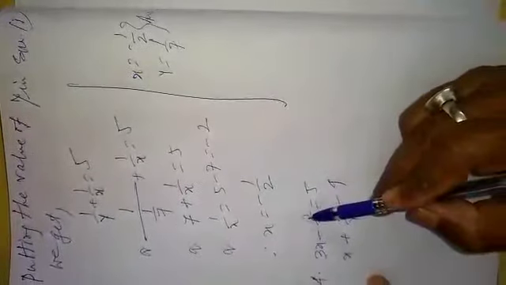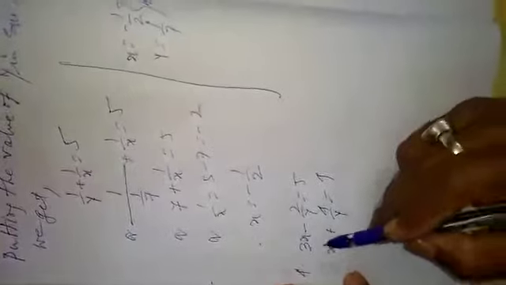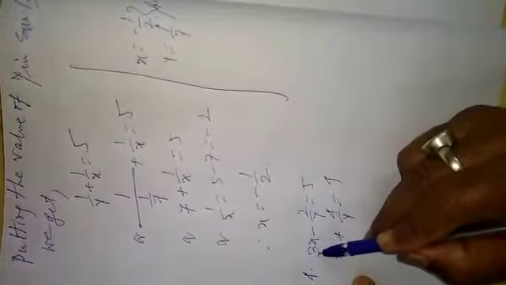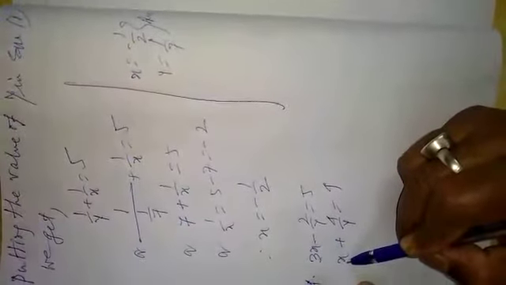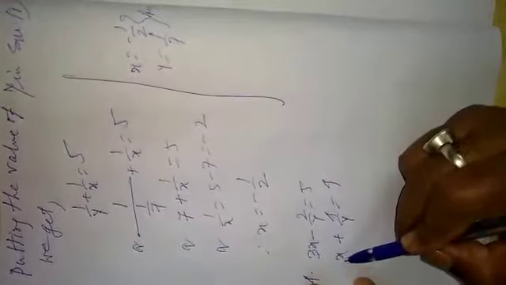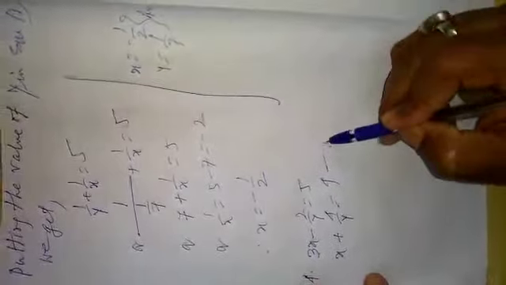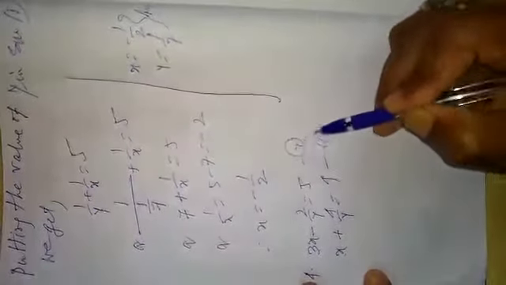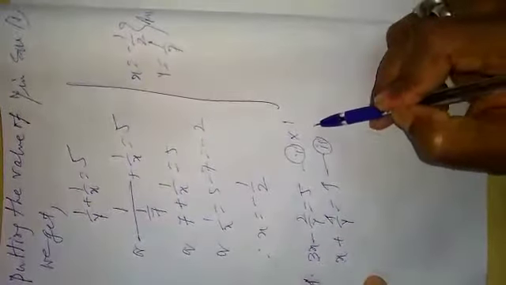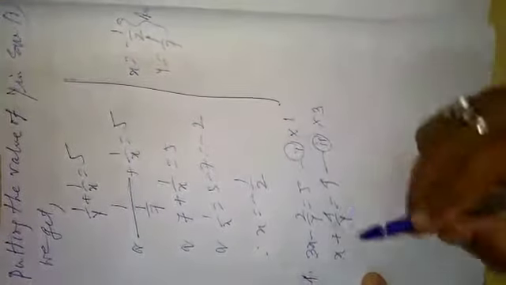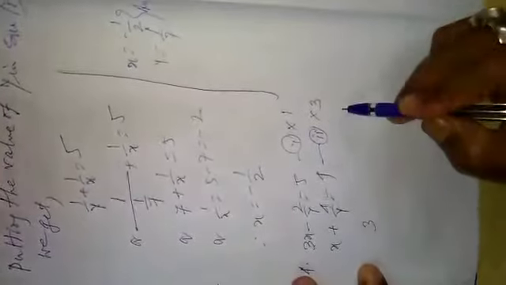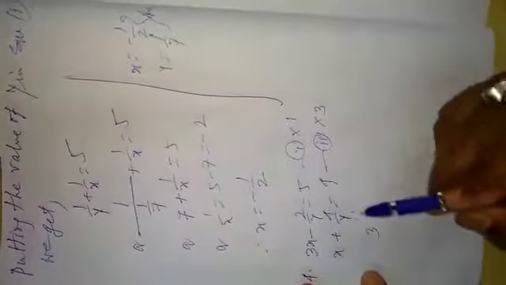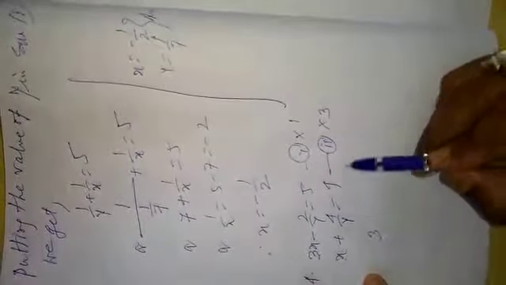You can eliminate either 2 by y, 4 by y or 3x. But you have to do here 3x. If you want to eliminate x portion, then here 3x, that is also in this position only x, that is 1x. So you have to multiply equation number 1 by 1 and equation number 2 by 3. What will happen? Multiplying equation number 1 by 1 and multiplying equation number 2 by 3.